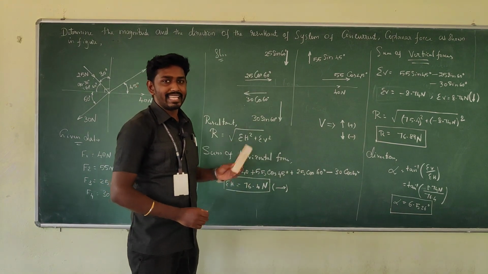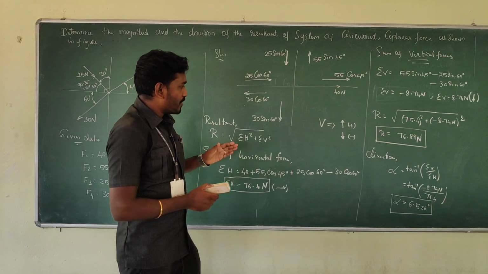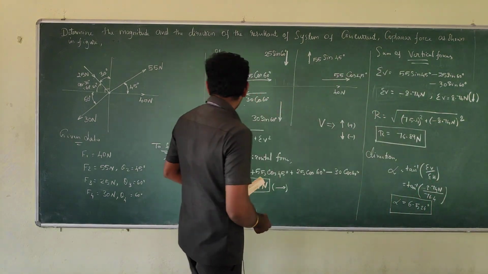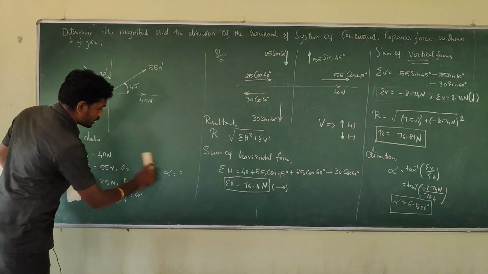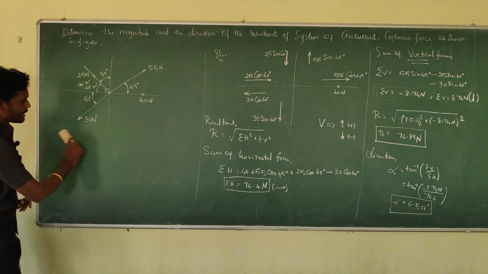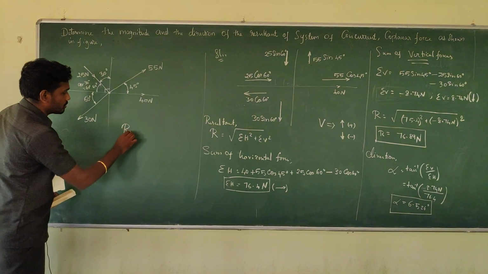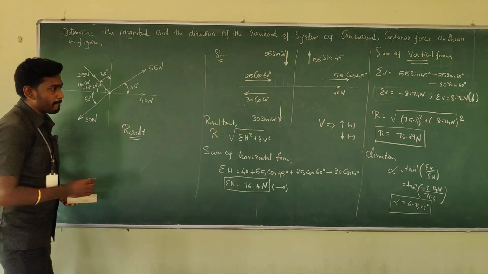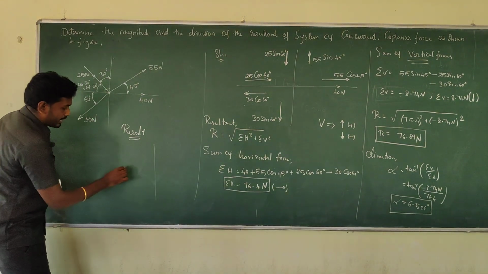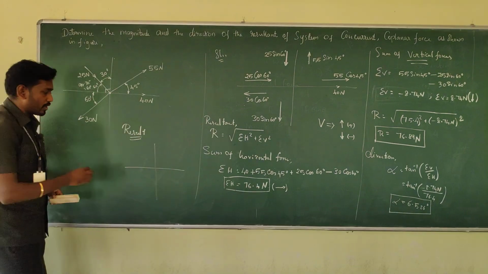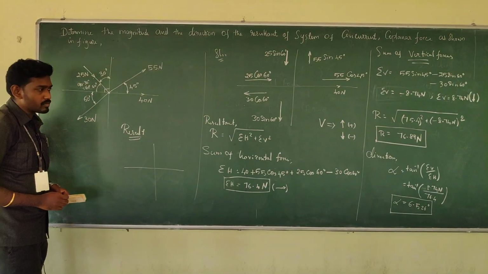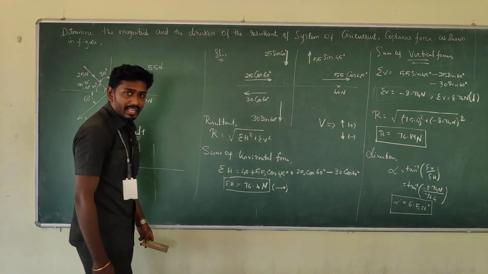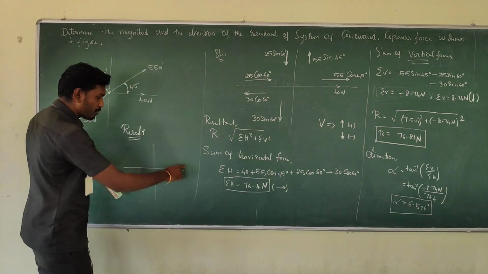We need to show the graphical representation where this resultant force acts. So for that result, I am just going to wipe this portion. Okay. So here I will show the result, how to write at the last. Here the force system is arranged in the XY axis. So just make an XY axis, and summation of H, we have predicted, is moving in the right side. Horizontal force moving in the right side.